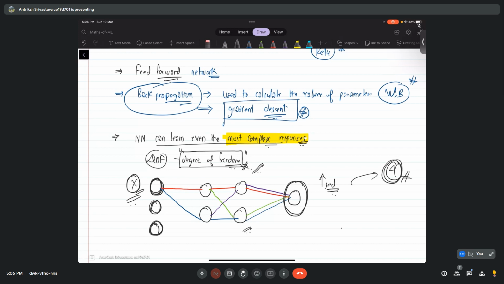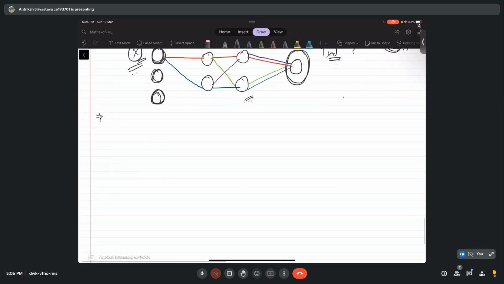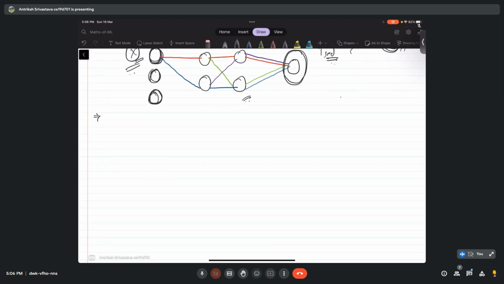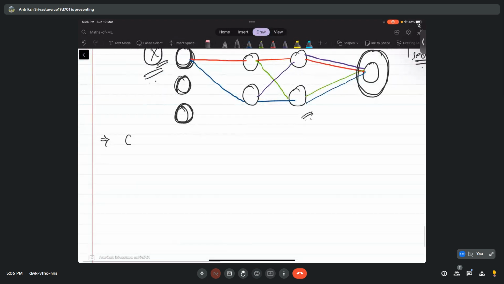Okay. But something even better than deep learning in the case of image visualization and voice recognition is called CNN, that is, convolution neural